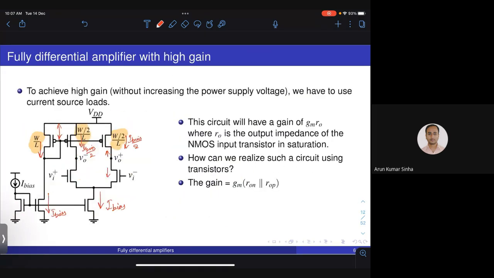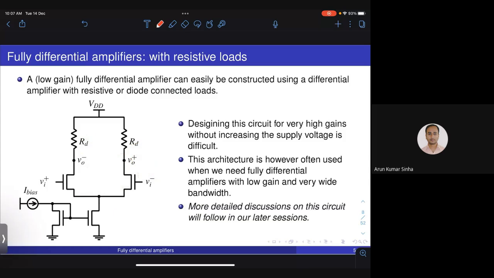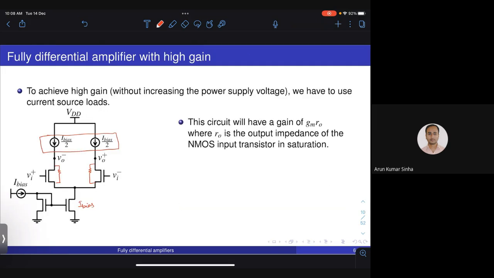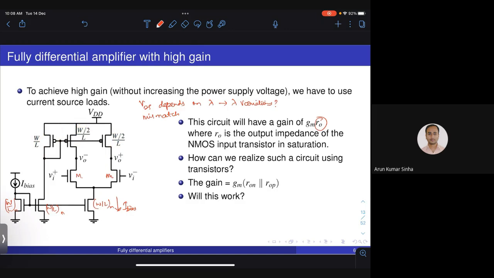Quickly I'll just go through what we have discussed now: simple differential amplifiers with resistive loads. It's difficult to get very high gain without increasing the power supply voltage, which is not practical. The way to get high gains is to use a current source load. If you use a simplistic current mirror approach, this will not work because